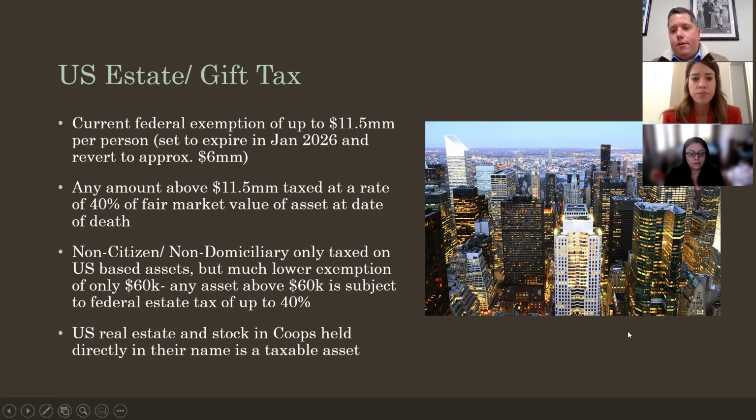So I just kind of fast forwarded here because I think I spent a little too much time on the U.S. tax definitions. But this slide here is basically something I just went over. It says 11.7, 11.5. It's actually 11.7. 11.5 was last year. It's always adjusted for inflation. So this is just for you guys. We're going to be sending a copy of this to all of you afterwards, so that you don't have to feverishly write notes as I'm talking, right? You can look at this later on.